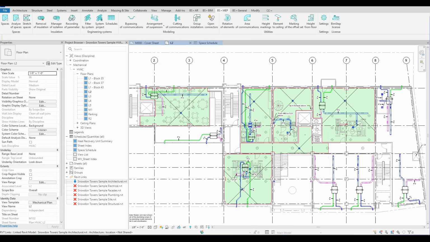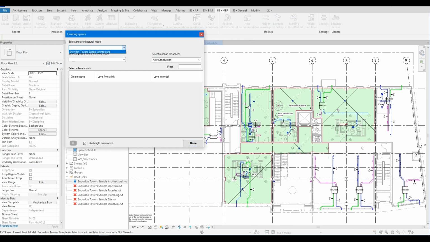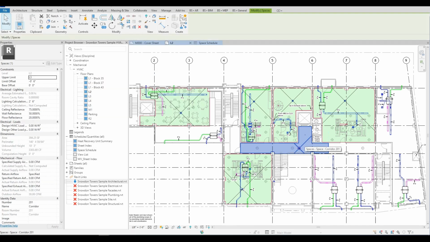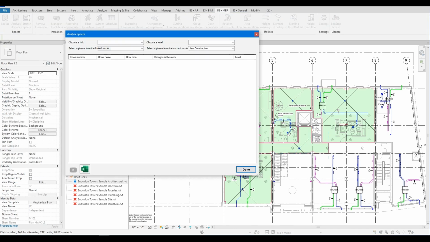In order to update our newly created spaces to current spaces, we need to run the plugin again. Spaces. We pick the exact same thing. We customize everything. Click Done, and respectively, we see that in the analysis of spaces everything is empty because we don't have any changes